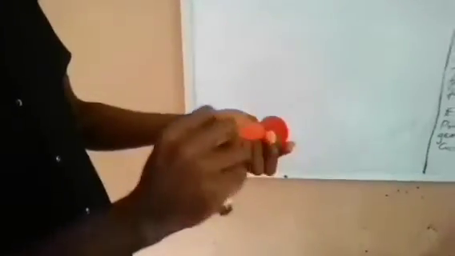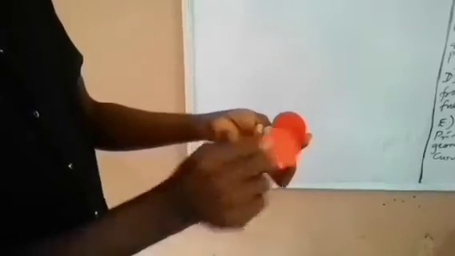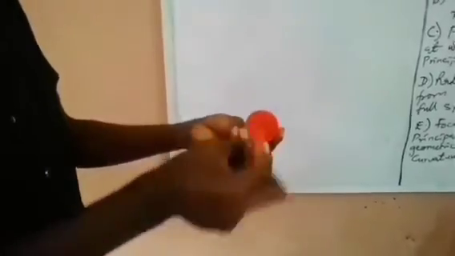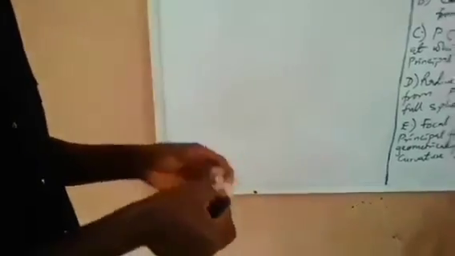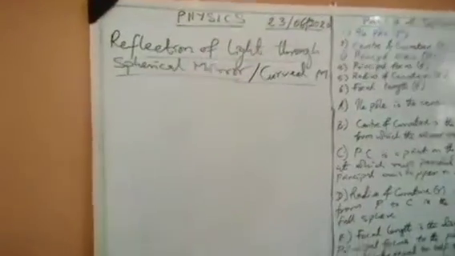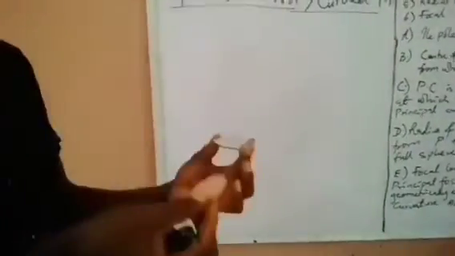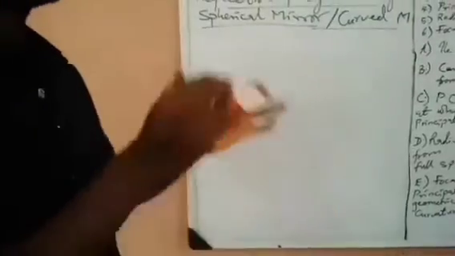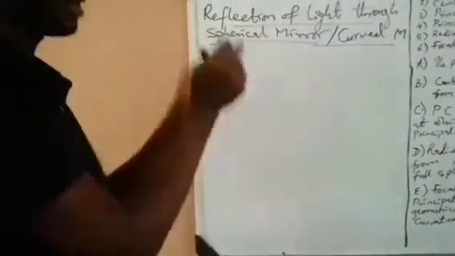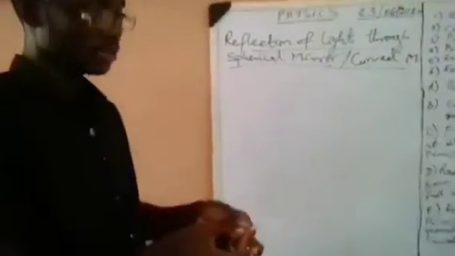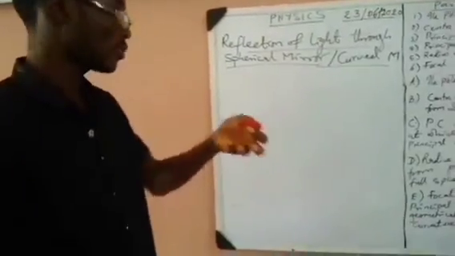These are two examples of the types of spherical mirror we have. You can see it is a circle, it is spherical in shape. And so reflection also occurs here, just like it occurs on the plane mirror. But the manner of reflection on the curved mirror and that of the plane mirror differ. So that is why after looking at the plane mirror, we saw the need to look at the reflection on the curved mirror. So there are two types of curved mirror